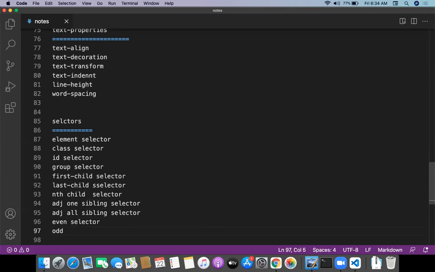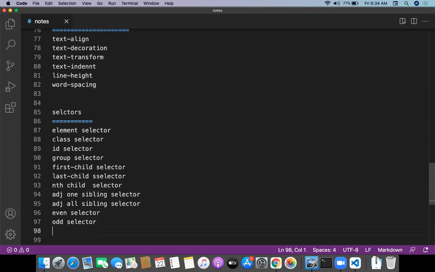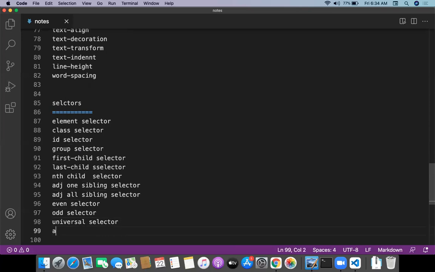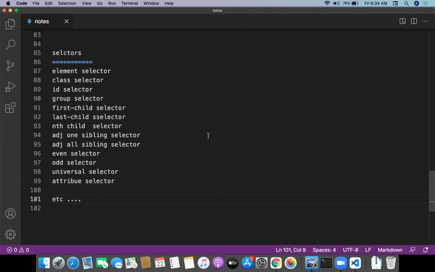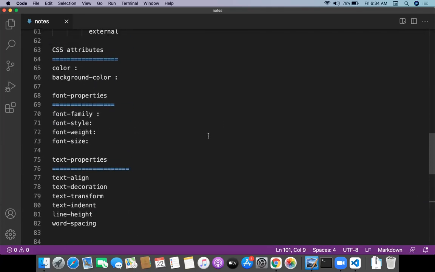Odd selector. Universal selector. And attribute selector. So there are multiple other kinds of selectors which are going to be available. So we will look into all the selectors one by one later.